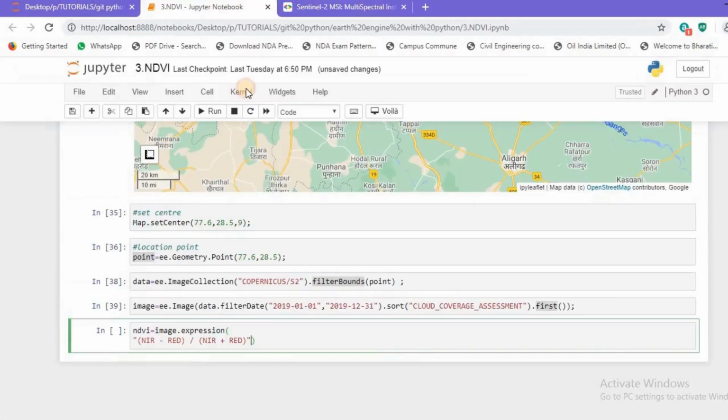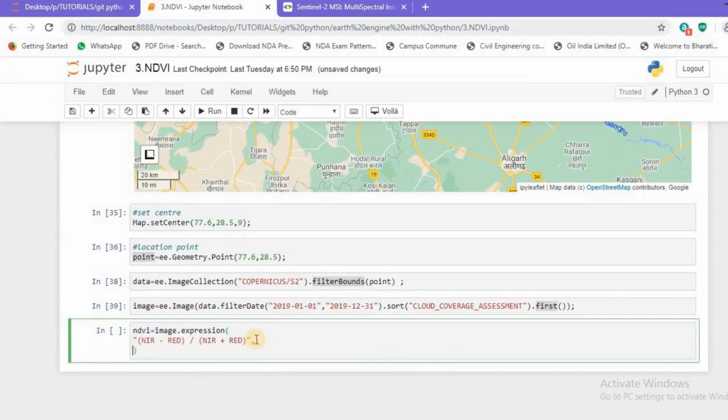So let's jump back to the Jupyter notebook and define the red and the NIR bands. Now let's define the variable we have already used, that is NIR, and let's put a colon to it. Now I'll define image.select, and for NIR I am using band 8. That's it.